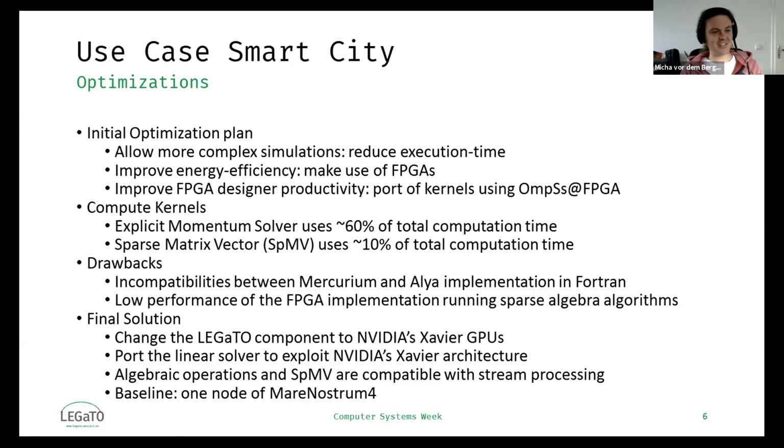While analyzing and going on in this optimization process, we found out that there are some incompatibilities between two of our tools and Fortran, and we experienced quite low performance in the FPGA implementation, running the sparse algorithm. So we finally changed towards a different architecture, namely the NVIDIA Xavier GPUs, and ported the linear solver